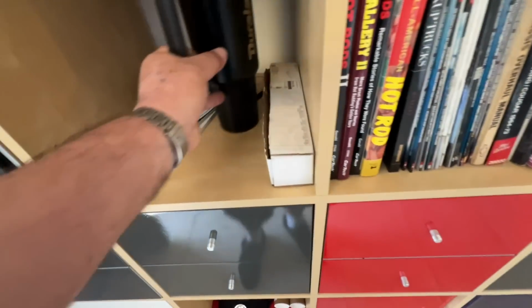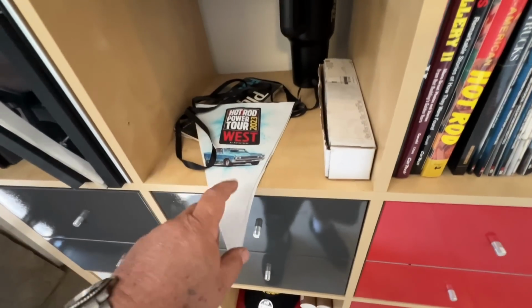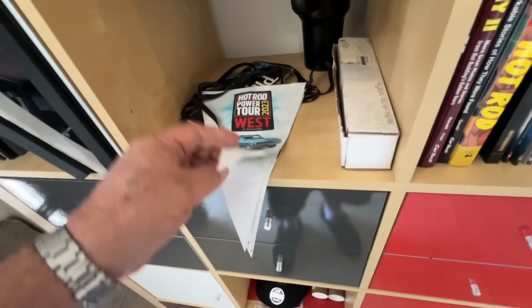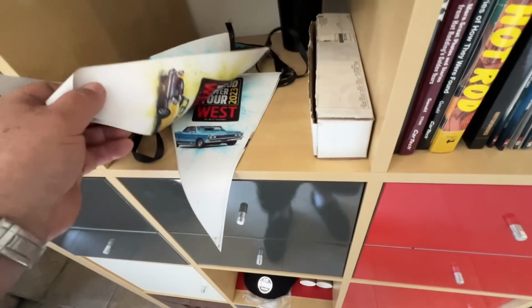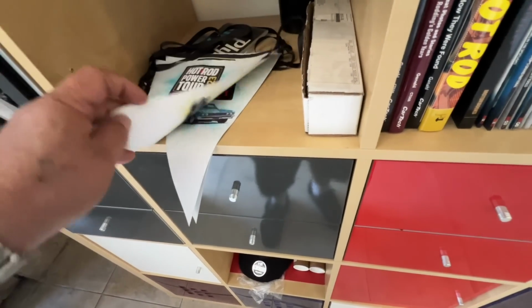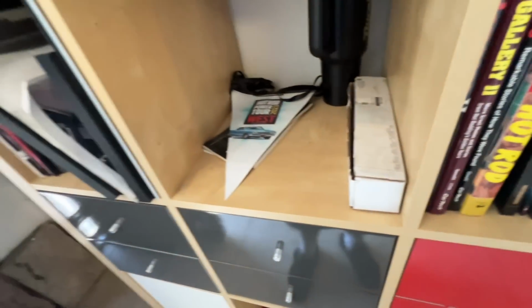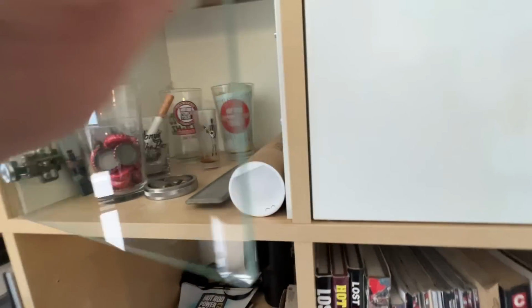This is kind of cool. From Power Tour 2023, Power Tour West, in the parking lot they had these little things strewn out, and they just tear them down, throw them in the trash. And I was like, man, if I would have thought about it, I would have got me some of those. And lo and behold, I think my buddy Joey, he got me a few extra feet. He got some, and then I got some. There we go. Power Tour glasses,